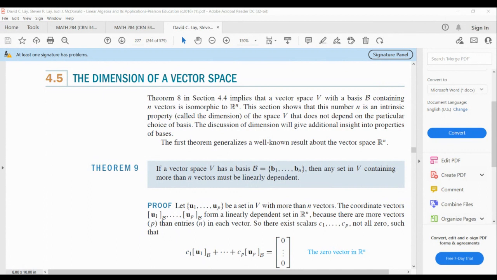And now we come to the concept of the dimension of a vector space. So like R3, that is a three-dimensional vector space. Okay, why is R3 a three-dimensional vector space? Because the number of vectors in the basis for R3 is 3. Okay, I mean, if I go to the whiteboard here,